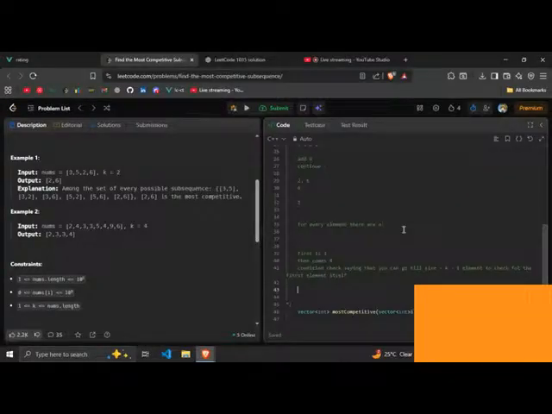Then comes 4. Now comes 3. So I still have so many choices to add it, right? So what would I do? Usually 4 is greater than 3, so I would